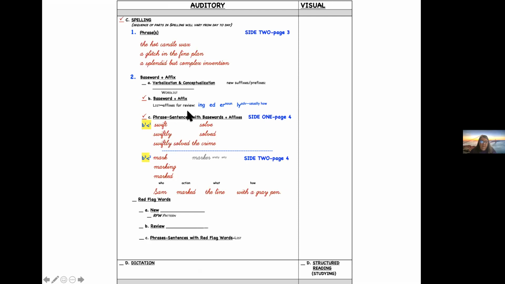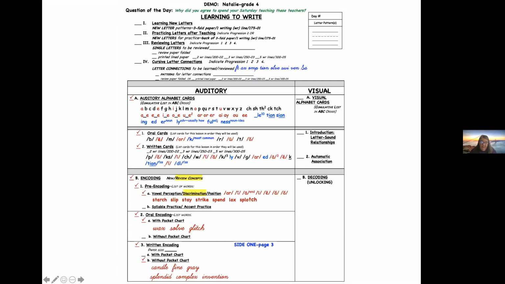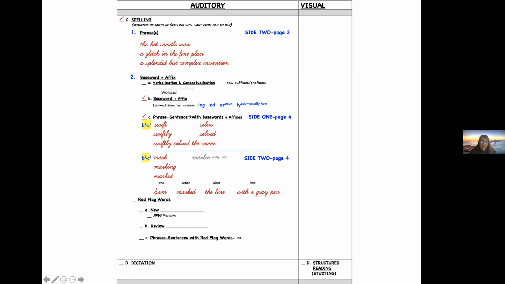And if I already know that I definitely want to practice the base words plus affixes, then I can not do split. That's why I put them last. I don't have to do those three words. But if I don't do those three words, then I don't do this phrase. And I always have to put something there in my lesson plan, put it in a different color, write myself a note, because once I get going, I just go full steam ahead, and I sometimes don't remember all the considerations I had before I started. So I would have to mark that in some way.